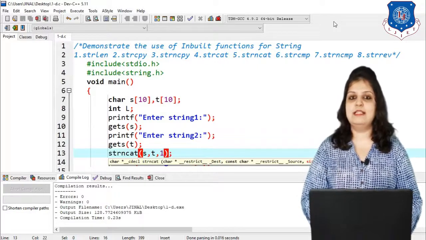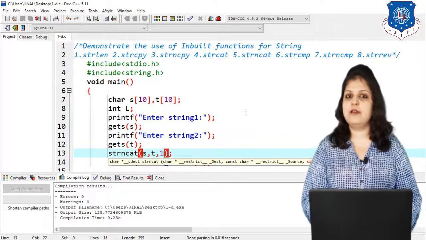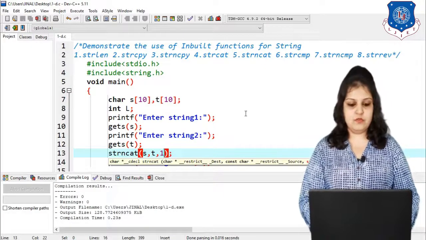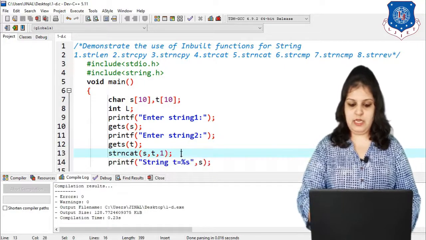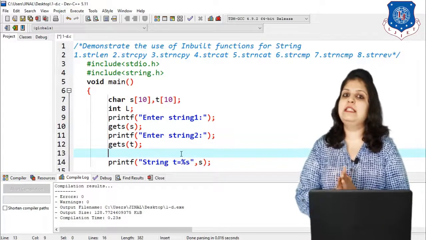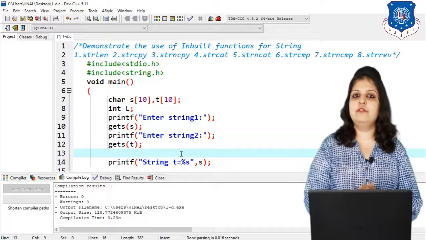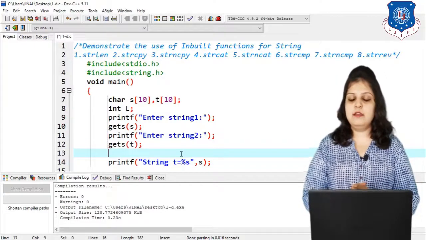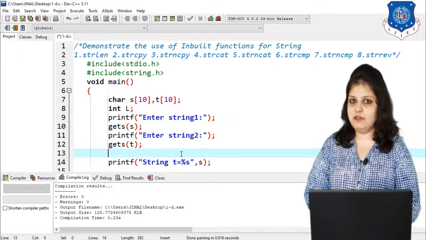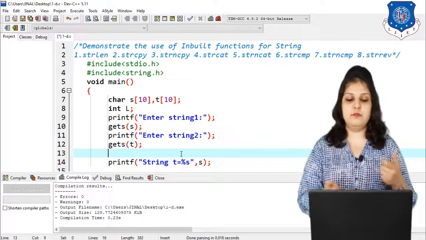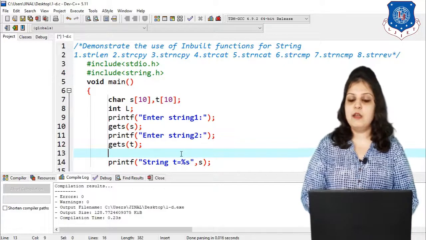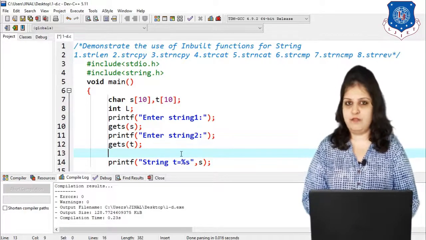Now the next function is strcmp. What is the use of strcmp? It is used for string comparison. The input part I have already written here, but if you want to use the strcmp function, then we have to write this function in an if. Why? Because when we use this function, if our function value becomes 0, then we can say that both strings are equal. Otherwise our strings are not equal. Why? Because it works on the ASCII values difference.